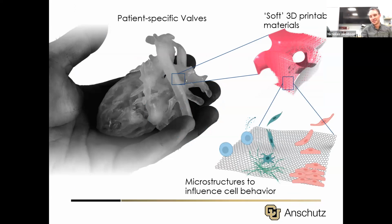Yeah, so this led to kind of these three themes of what we wanted to accomplish with this project. And so number one is that patient-specific valve, like I talked about here, and it's actually,